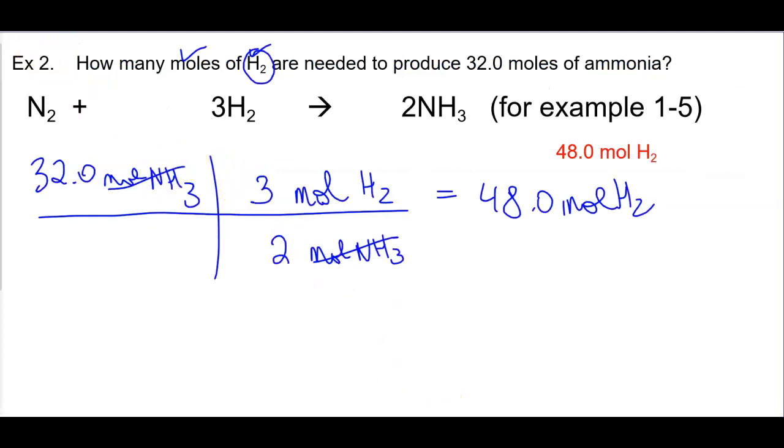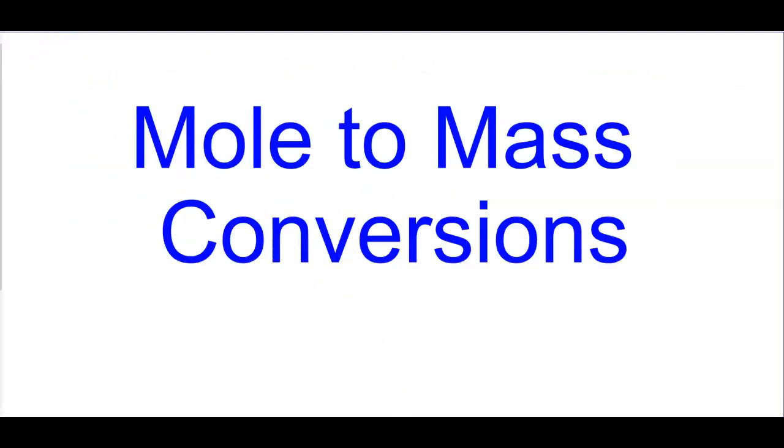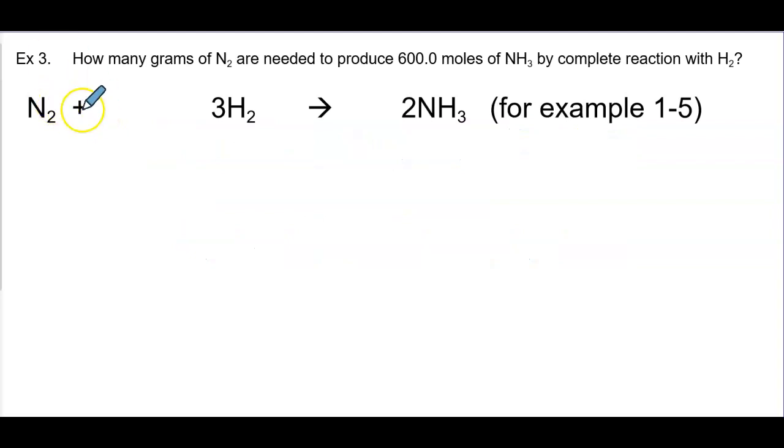Okay, we're back at notes. So now we're going to go to example 3, mole to mass conversions. So here we have that same balanced equation, and we're going to start with the same kind of start. So we're going to look at what are we given to start with? 600.0